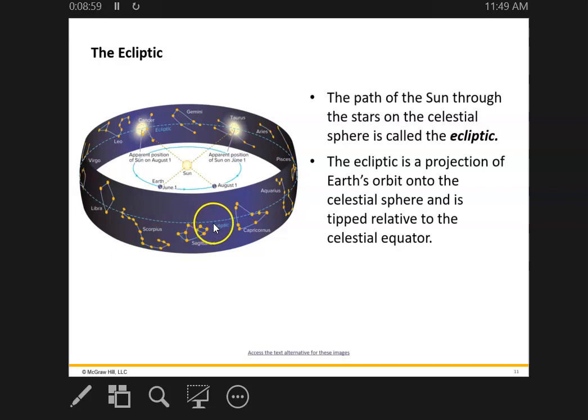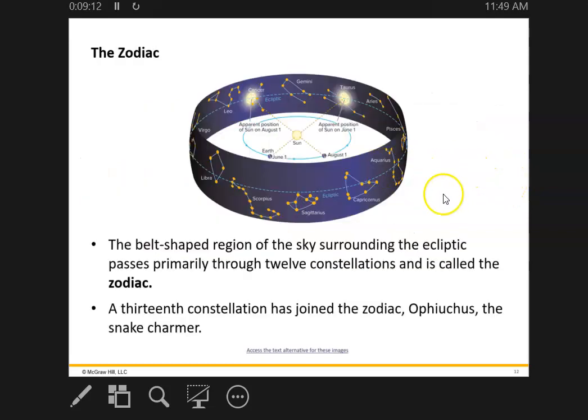Sagittarius is actually the direction of the center of the Milky Way, our galaxy. We'll talk a little bit more about that later. All right, so the belt-shaped region of the sky surrounding the ecliptic passes through the 12 traditional constellations of